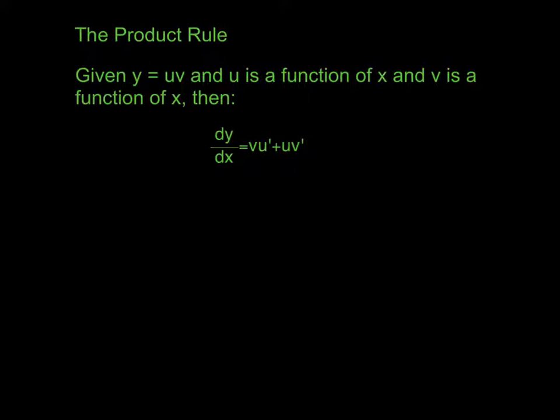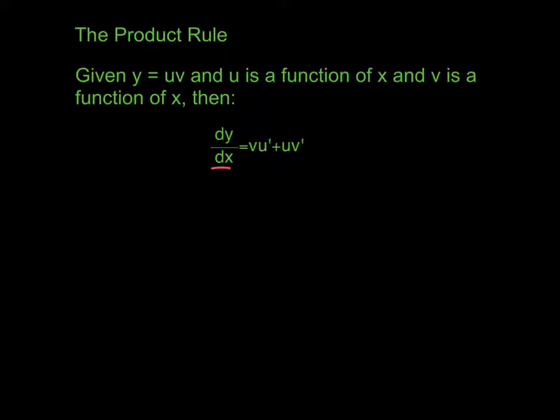This lesson's about a method called the product rule, which helps us to differentiate more complex functions with respect to x. So if I was given a function and I was told that y equals u times v, and we know that u is a function of x and that v is a function of x, then we can find the derivative of y with respect to x by looking at this expression here, which says dy dx is equal